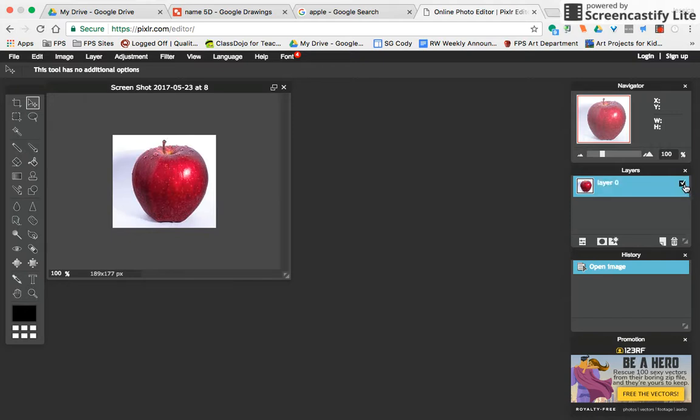Double click to unlock that layer, okay? So once you have layer 0 and you have a check mark in that black box, you're good to go. Now you have a couple of choices for erasing. Simple eraser tool works really well for erasing. If you click on that,